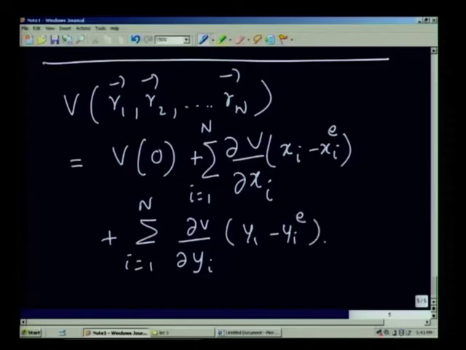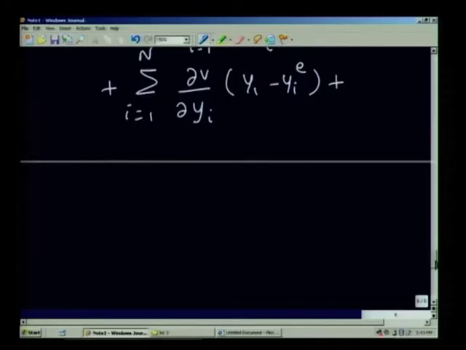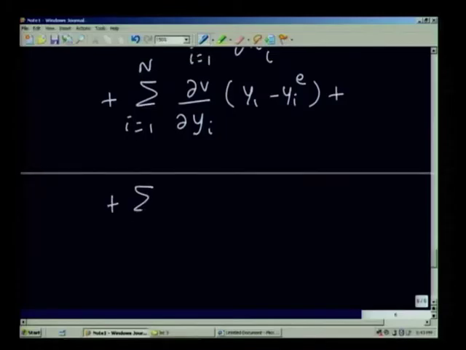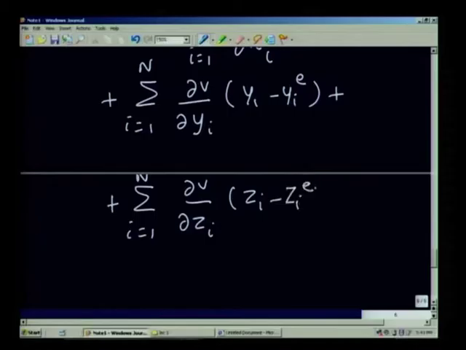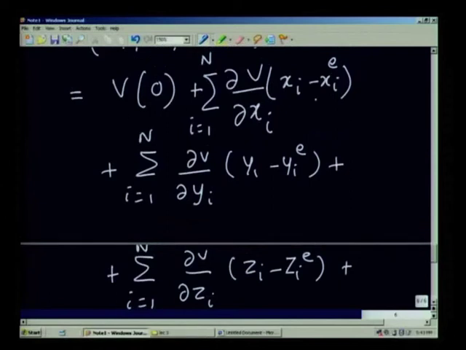This is a Taylor series, plus sum over i equal to 1 to n, dou v by dou zi times zi minus zie, and what you have is nothing but the first derivative in the Taylor series of a multidimensional function,